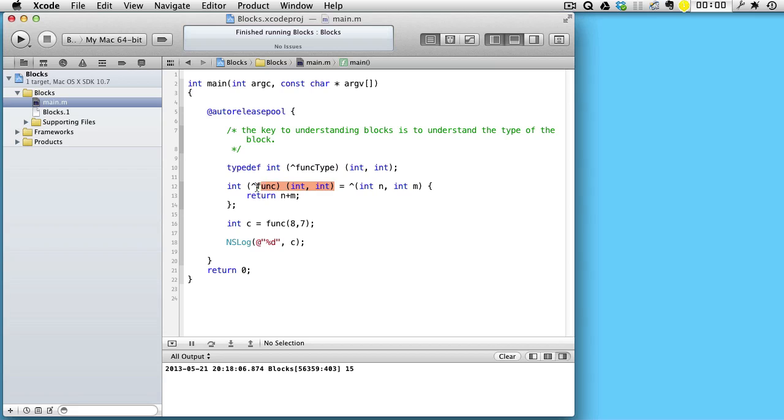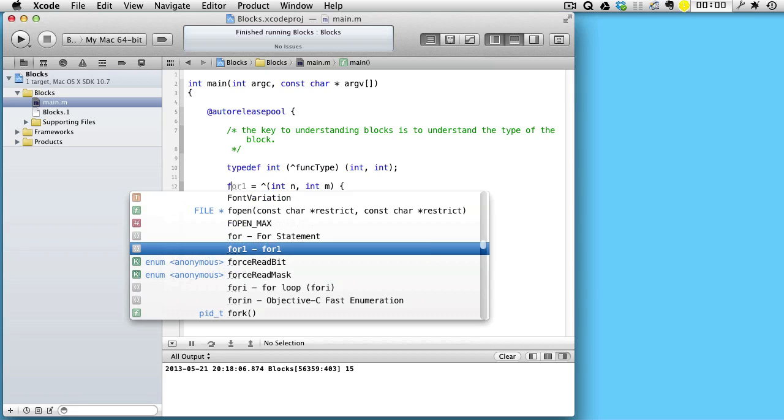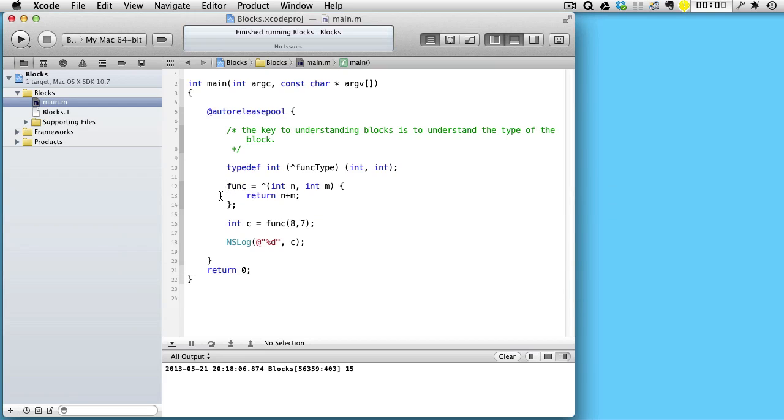And what we can do now is just to say that our func is of type func type, like this. So let's try this and see if it works. And as you can see, it works just fine. So this is using the type definition. It's a nicer way